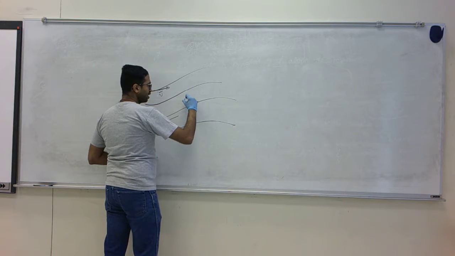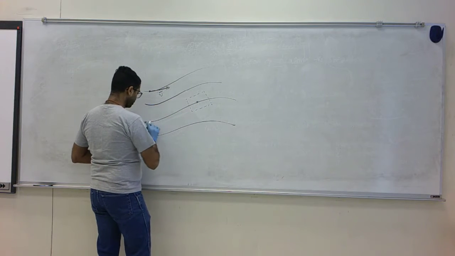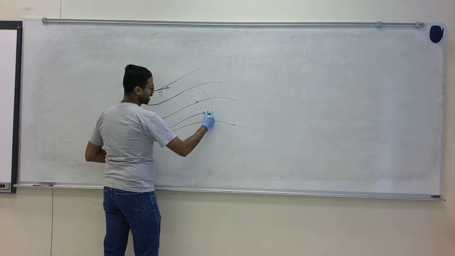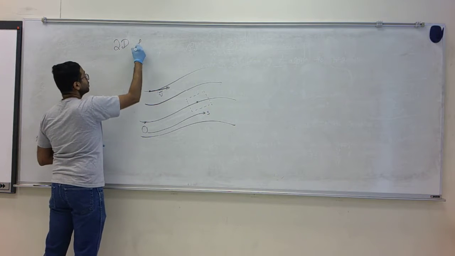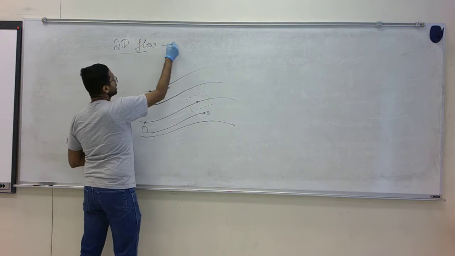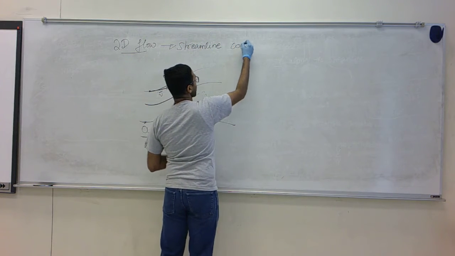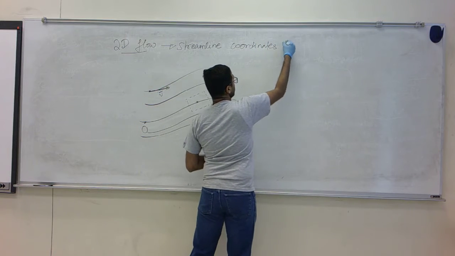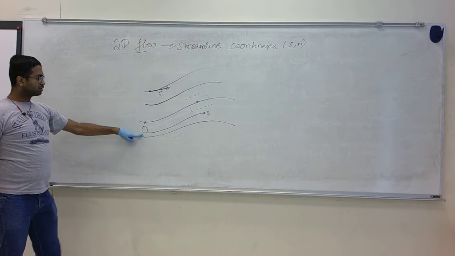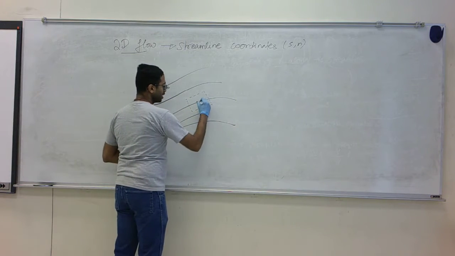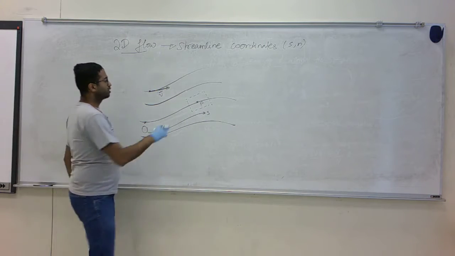At this point I'm going to draw a two-dimensional control volume. So this point itself is at a distance s, and this control volume is two-dimensional, so I am considering a 2D flow, and in that flow I am adopting a streamline coordinate system, s comma n. From a particular origin, a given point P is at a distance s from the origin along the streamline, along the thread, and this control volume here,